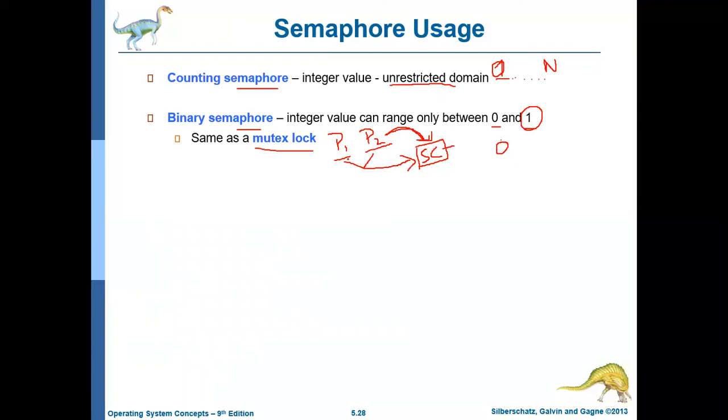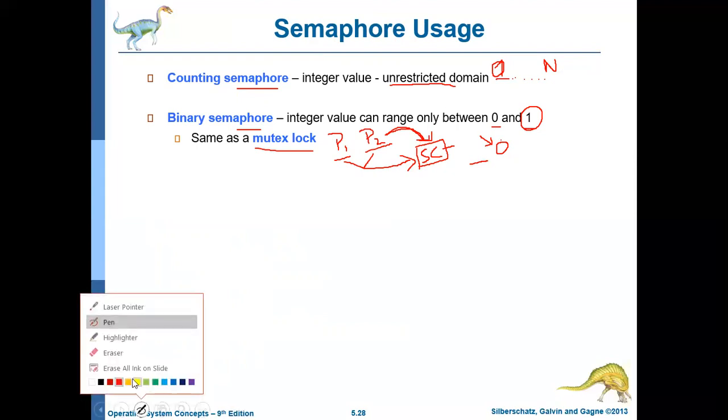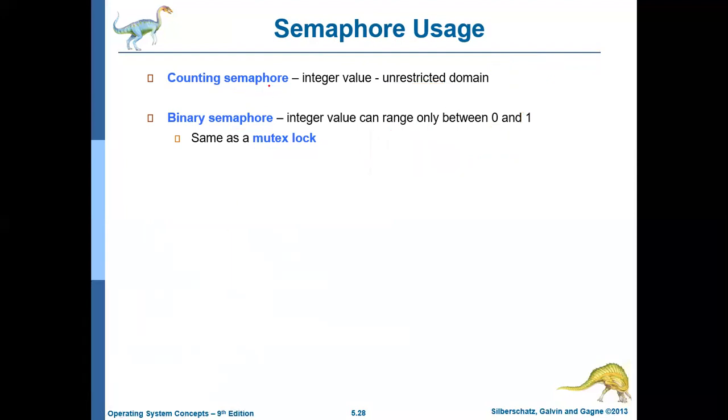Now if P1 comes and checks the semaphore value for the semaphore associated with the scanner device, it will find it is 0. 0 means somebody is using it, so it will spin lock there, or do busy waiting. Basically, we use a binary semaphore if there is only one shared resource which has to be shared among more than one process. A counting semaphore will be used